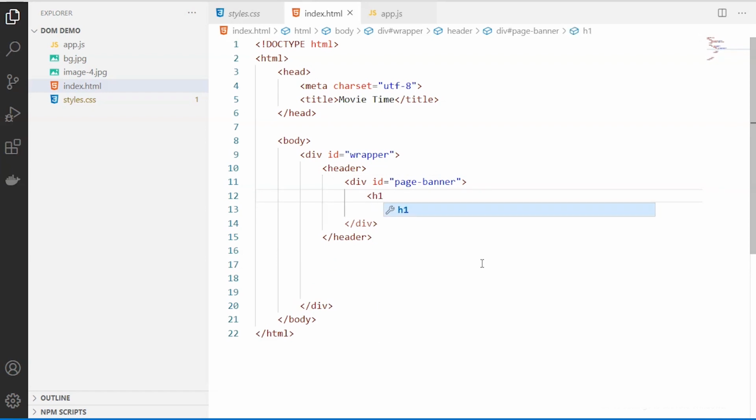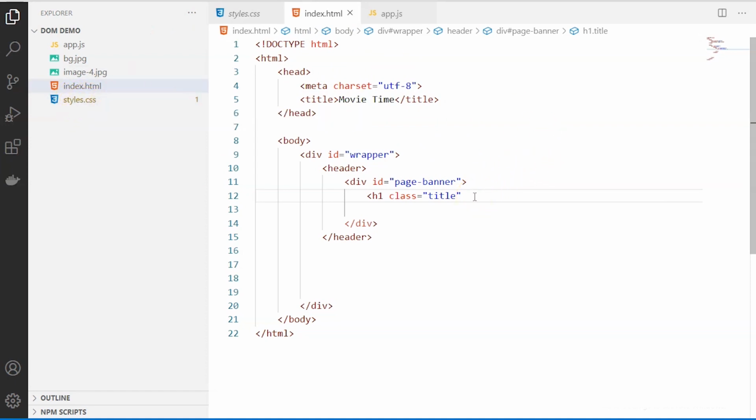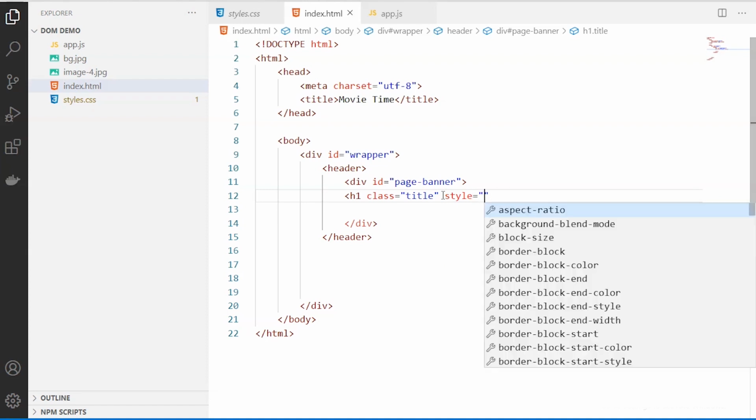So for the movie title, I'm going to use H1 over here, and I'm also giving the class because I've already defined the style. You can define the style outside, or you can have a style inside the head that you can refer to. In that case, it would be referred to as internal style. Now this will be external style. But if you want, you can also have an inline style. For example, I can include a style property here. So this will become the inline style of H1, which will have the highest precedence.